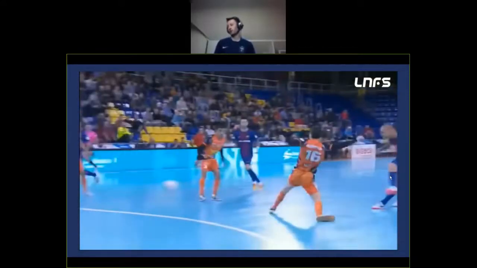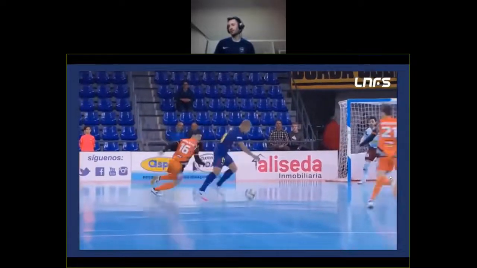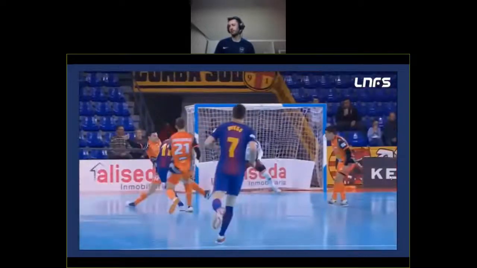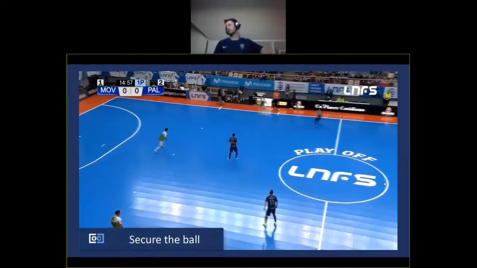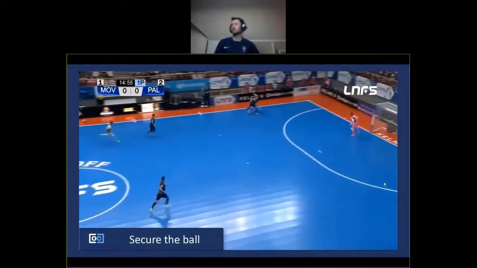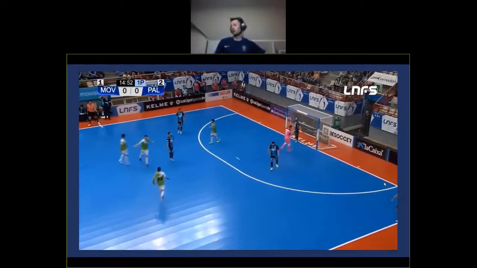That's not the video stuttering, that's actually me pausing it so we can talk about that at the end. Sowing the seeds. Ricardinho banging one in.